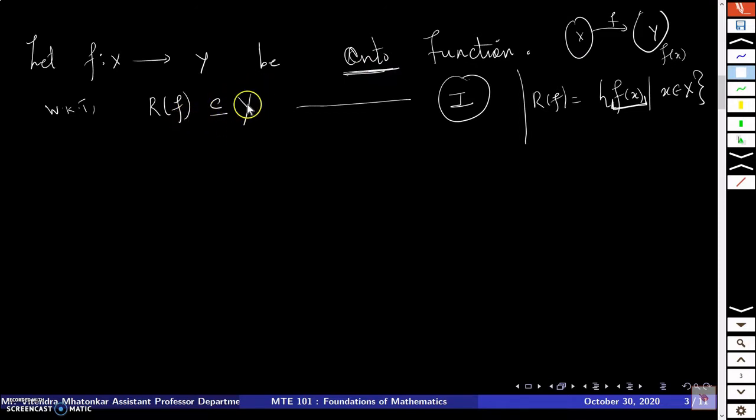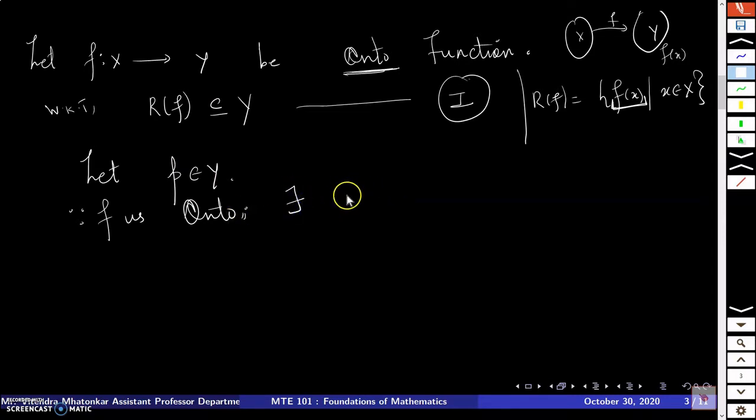Okay, so I will start with a point in Y. Let's say I have a point p in Y. I'm picking up a point p, small p, in the set Y. Now since f is onto and Y is having a point small p, what do you mean by f is onto now? For this p, there will be a point in X which is mapped to p, right? So since f is onto, there exists a point, let me pick up m in X such that f of m is equal to p,